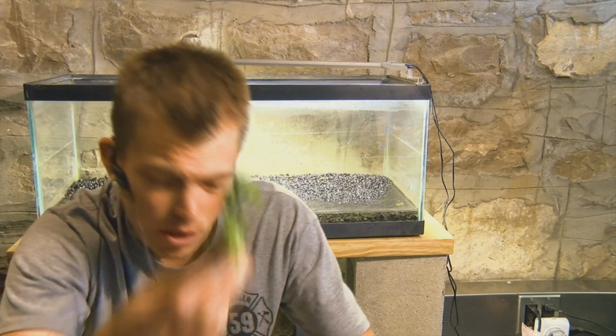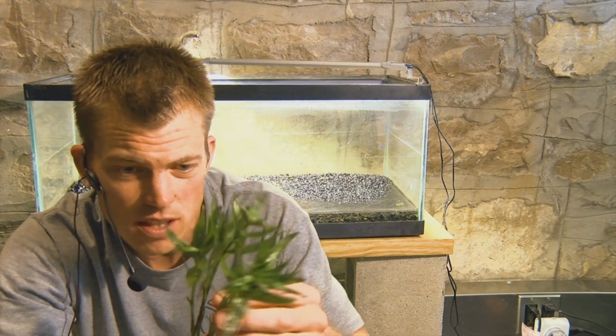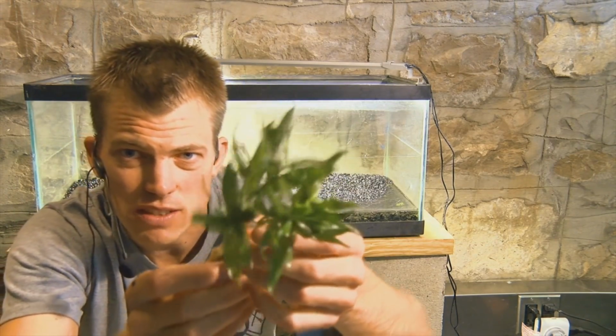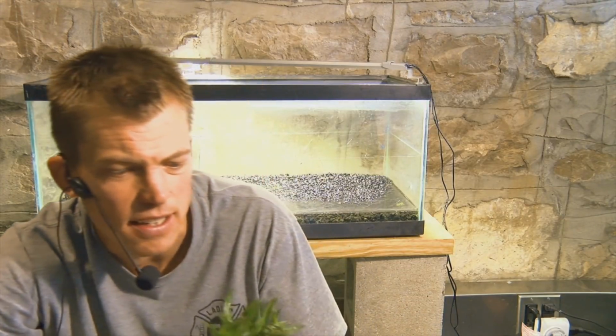I'd like to mix the color up a little bit more, so we're going to switch it out. We're going to roll to some Hygrophila Parawatota right here. Now this stuff came in and lost a bunch of its leaves. It's actually a pretty rugged Hygrophila Parawatota, but then it's gotten new underwater growth coming, so it